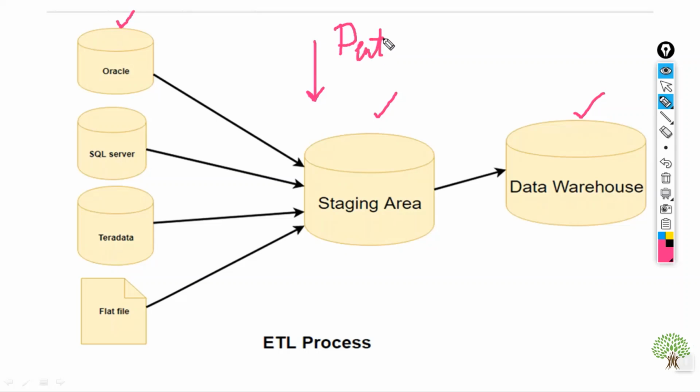Pentaho will not only help us to extract the data from different sources and validate the data, but it will also help us to generate the reports after we populate the data in the data warehouse. That means when we fetch the data in the data warehouse and it turns into business data, we take intelligence out of this business data and generate the reports which will be used for the business queries, right?